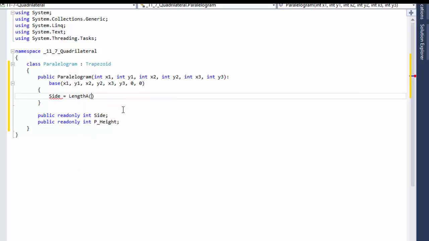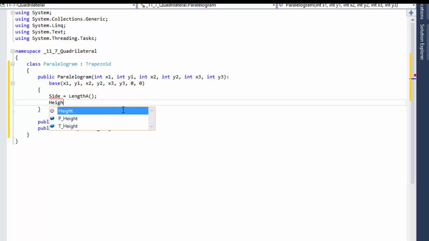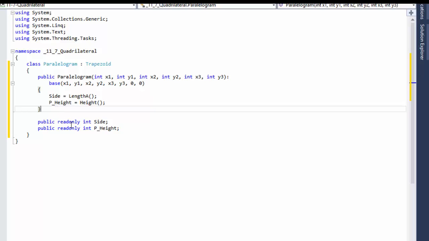Length a, and the height. Oh, it's actually p height. Sorry, p height equals height. So that will give us the side that we need and the height that we need to calculate the